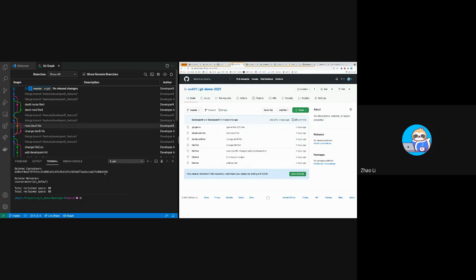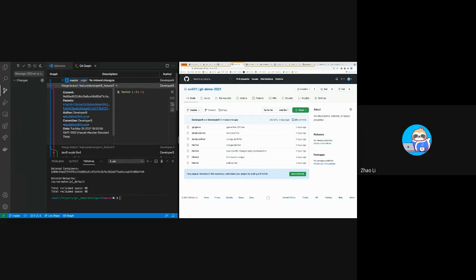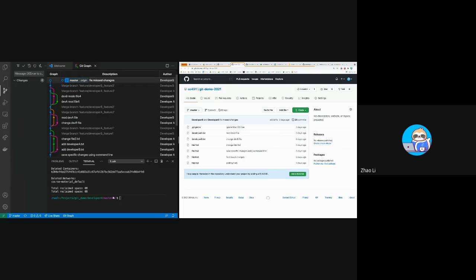Okay, right now there's no tags. So I don't know how to use VS Code to show the tags yet. I know you can create a tag. But yeah, let's just try that. So we'll just tag this current commit here. Create a tag. So we're going to call this version 1.0.0,